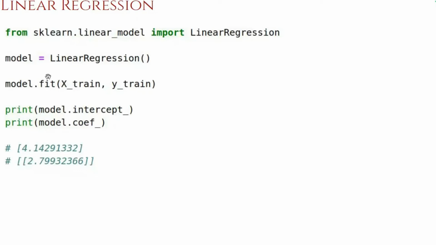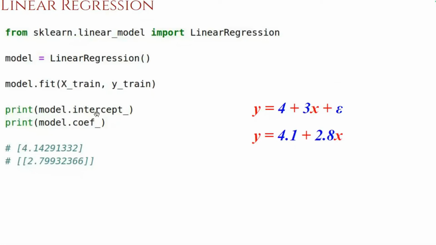This is nothing but finding the best model parameters, and you can retrieve those best model parameters using these member variables. So this is the intercept, and this is the coefficient we are getting. If you look at the original equation which generated the data, 4 plus 3x plus epsilon was the original equation. But if we look at what the machine learning model has estimated, we end up with this particular expression.